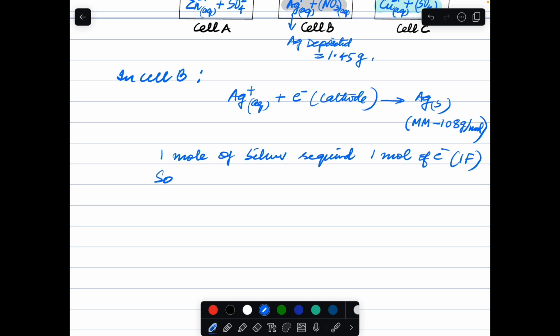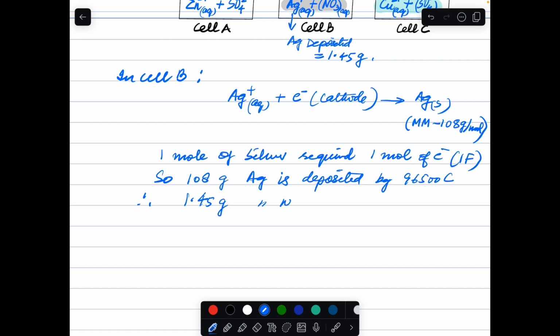So 108 grams of silver is deposited by 96500 coulombs of charge. Therefore the quantity 1.45, which is given in your question,